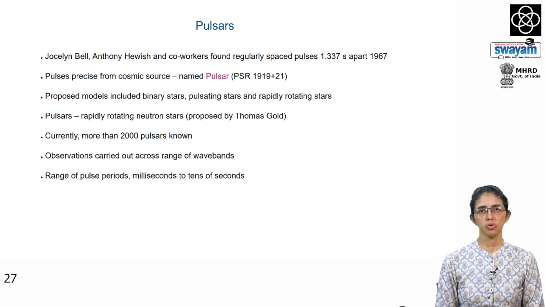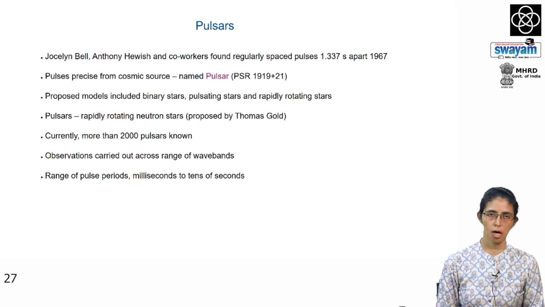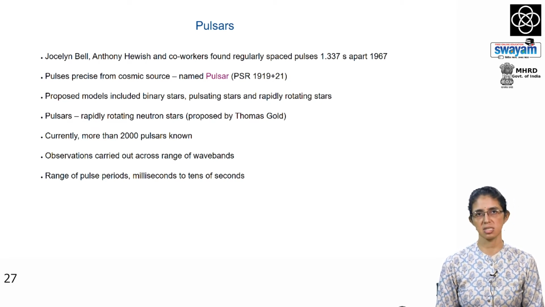So, now we come to this class of objects known as pulsars, and as we will see, these pulsars represent neutron stars which are rotating as well as have a high magnetic field. So, how were these objects first found? Jocelyn Bell and Anthony Hewish in 1967 were setting up a number of radio dipole antennas in the English countryside, and they found certain blips which were very regularly spaced. After eliminating all sources, they realized that this is actually from a cosmic source. They were puzzled because these were